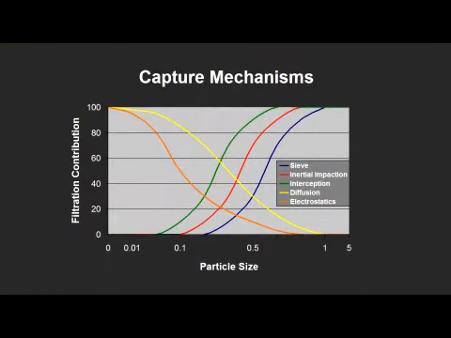The same can be said for electrostatics, our 5th and final capture mechanism. Electrostatics tend to influence smaller sized particles more so than large sized particles. So again, we can draw the 5th capture mechanism curve so that it demonstrates a higher influence on smaller sized particles. Now, the important concept to realize at this point in time is that these 5 filtration capture mechanisms are